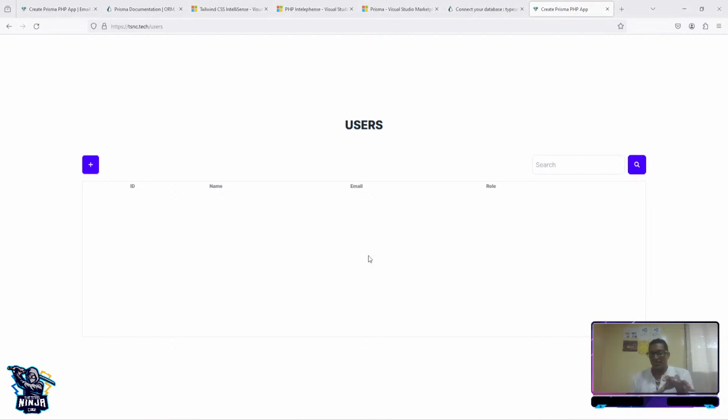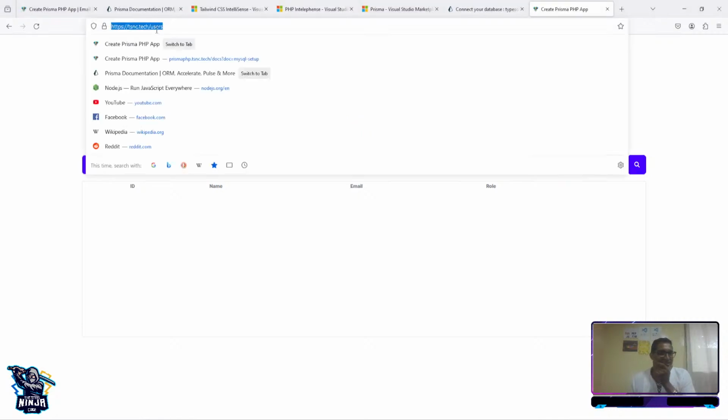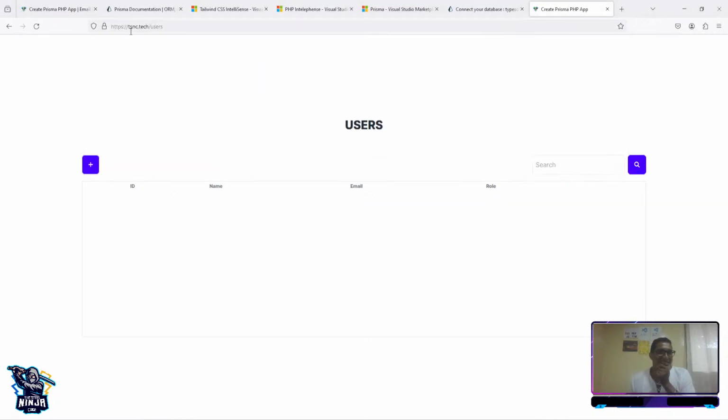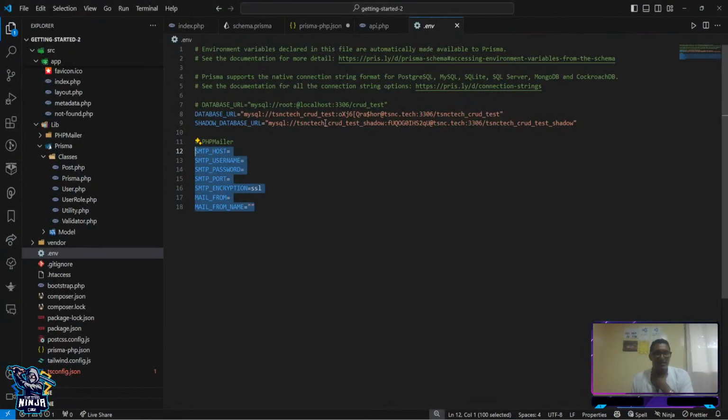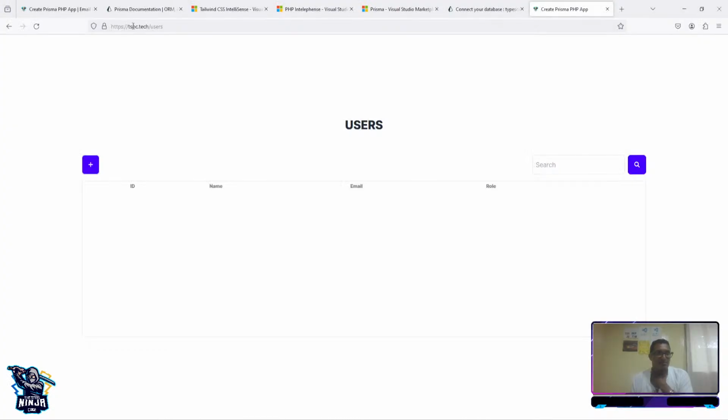This is the deploy section. Notice the router. Well, this is a little complicated. This is still ninja code.tech also. So I already set up my database with my cPanel, which you have already seen in getting started here. This is my domain, and notice my domain here, CMS. That means I have already tried to connect